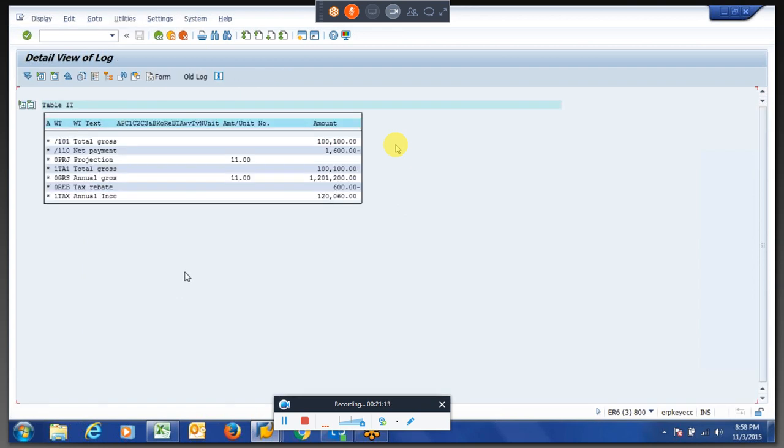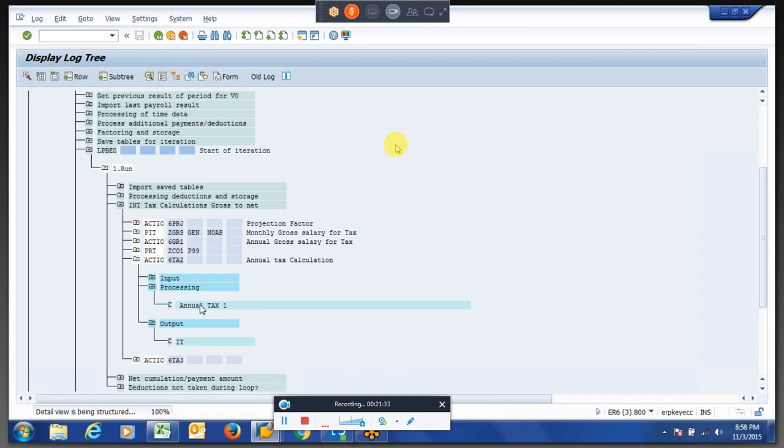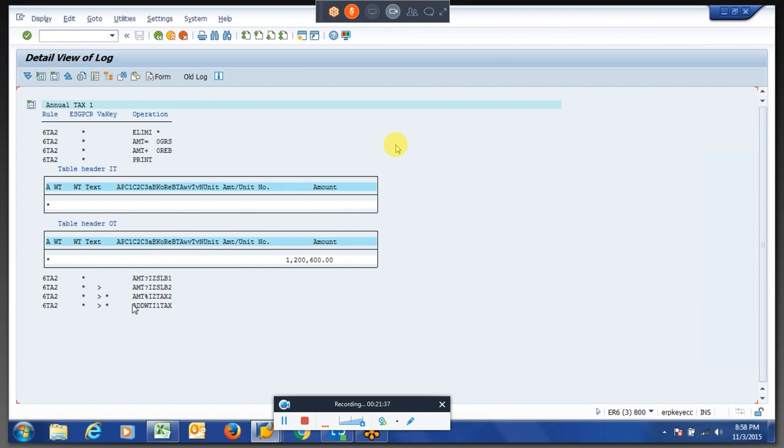And to which wage step we are adding to 1TX, which is the annual gross. So here, where we are adding, we'll see. So this is the percentage amount.